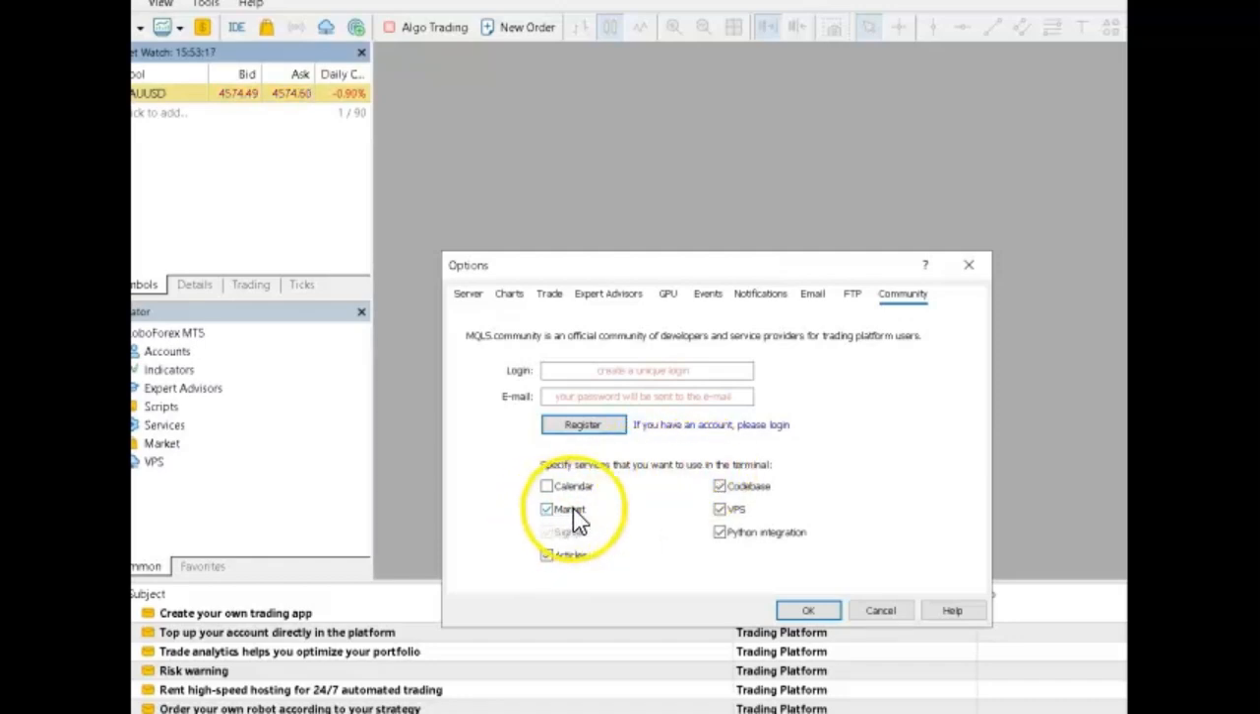Yeah, we want market, because market is where the EAs are, which we're going to download from. Untick VPS, untick Python, untick article. We just need market and code base, because code base sometimes has some EAs and utilities that we might need. And the next thing you have to do is log into your MQL5 account, which is a free account which you